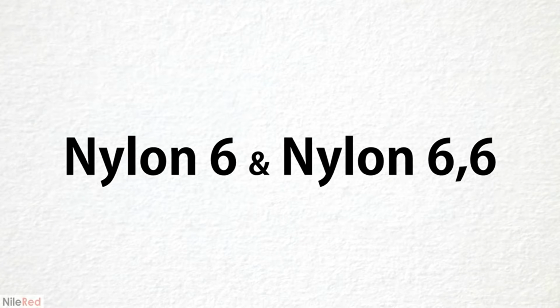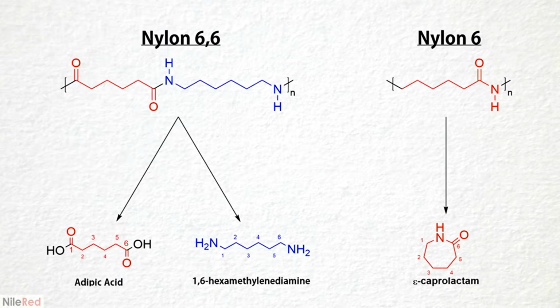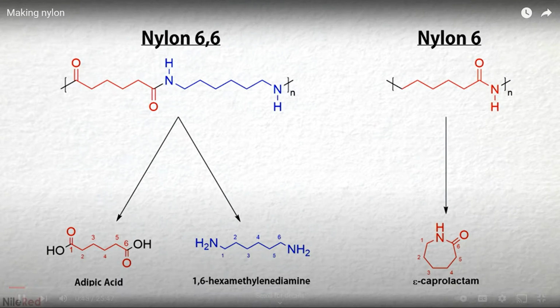There are many forms of nylon, but the most common ones are nylon 6 and nylon 6/6. Each type of nylon gets its name from the length of its building blocks. For example, nylon 6/6 is made from two ingredients where each one has 6